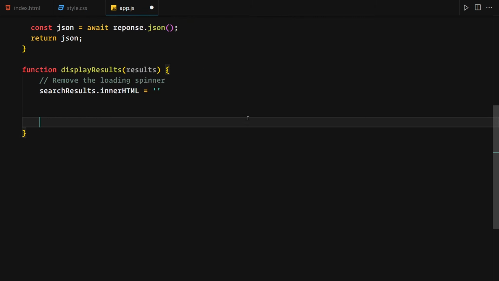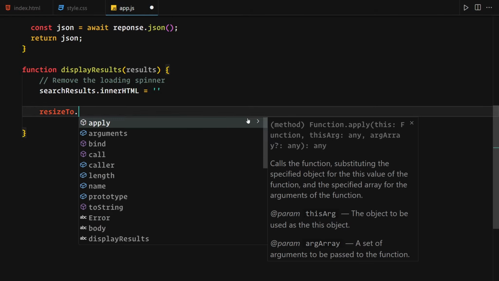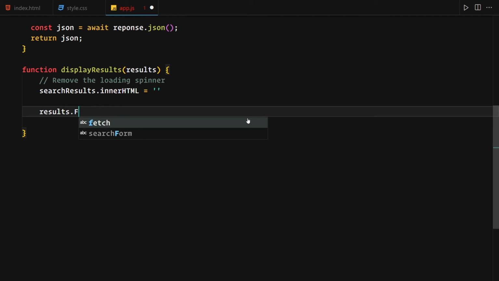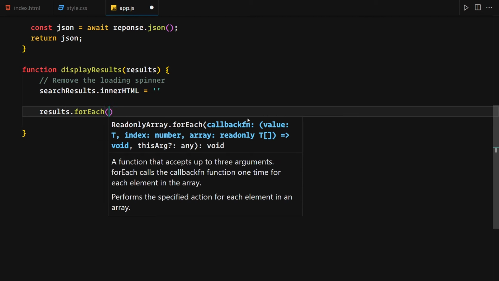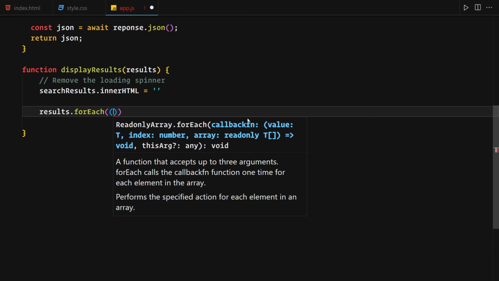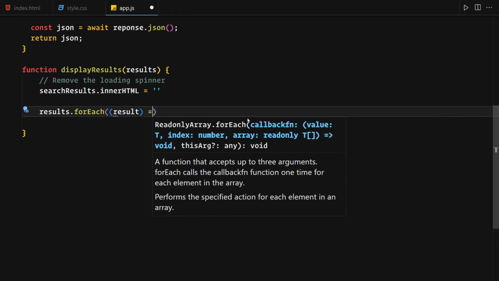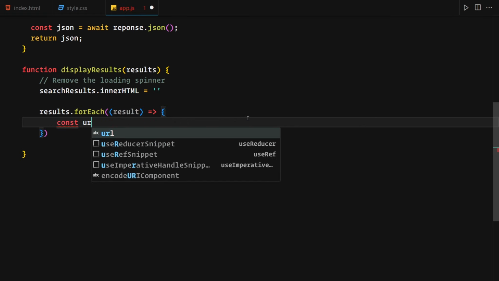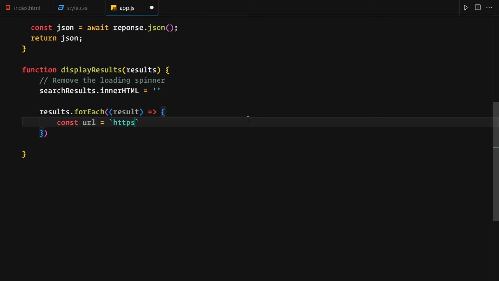And in this case, what I'm going to do is that I'm going to iterate over results, and I'm going to iterate over through all of the results. So I'm going to use forEach. You can use a for...of loop or for loop or something like that, but in my case I'm going to just write a forEach loop in this case, and I'm going to just specify this result right here. And now inside there I'm going to use my const url, and it will be now equals to https